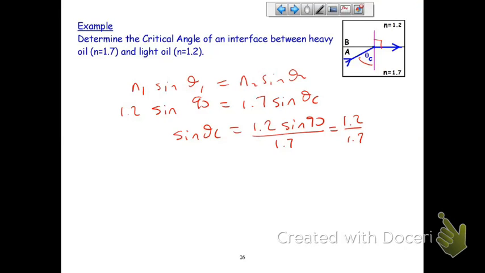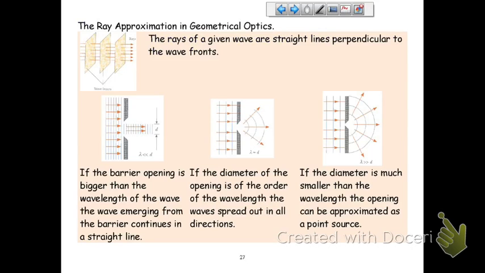So I take the inverse sine of 1.2 divided by 1.7. I'm getting 44.9 degrees. Theta c equals 44.9 degrees. So there we have it. Pretty straightforward. So your sin 90 is always on the lower end value? You don't get, so if